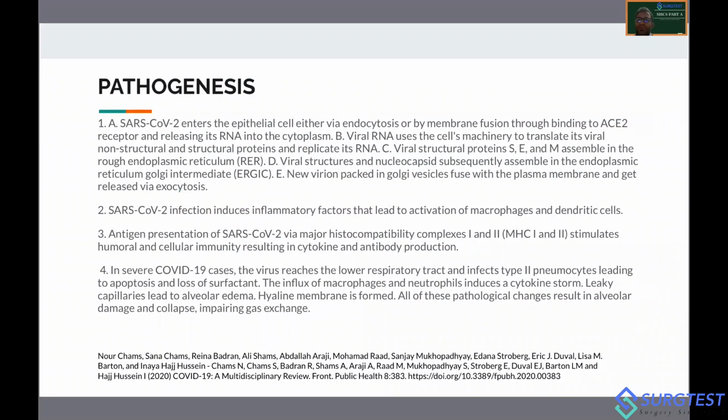These interact to form the viral envelope, and this decides the shape of the virus. So I'm not going to spend too much time talking about the pathogenesis, but the basic funda is that the COVID virus attaches itself to the cells via the ACE2 receptor, via endocytosis or membrane fusion, and releases its RNA into the cytoplasm. This viral RNA uses the cell's machinery to translate its proteins and form the proteins inside the cell. So there is a lot of inflammatory reaction. It induces a lot of inflammatory factors which lead to the activation of macrophages and dendritic cells. These release a significant amount of the cytokine IL-6. IL-6 has both